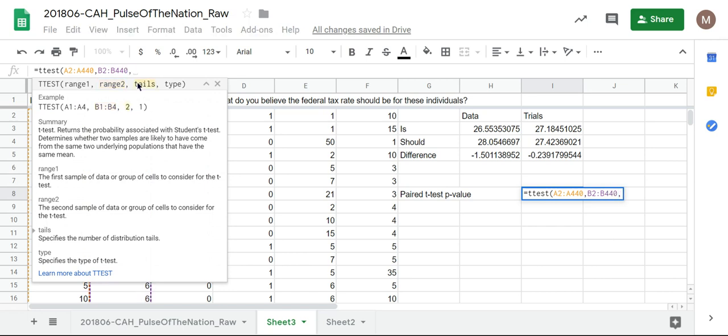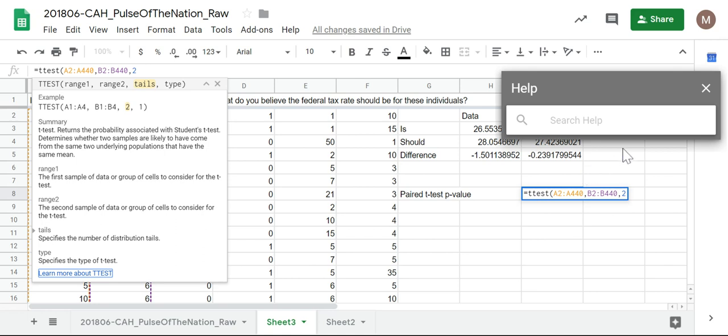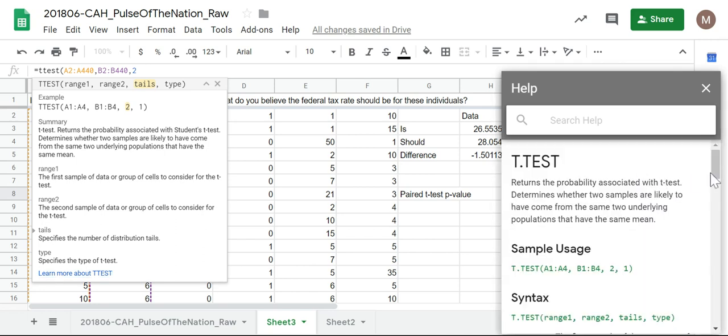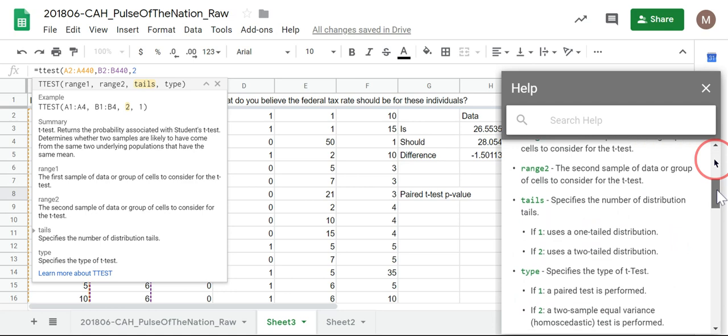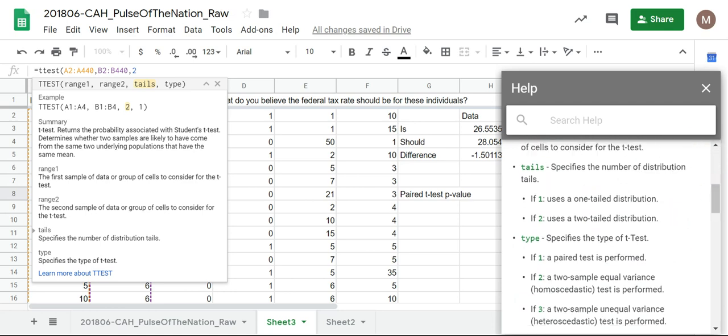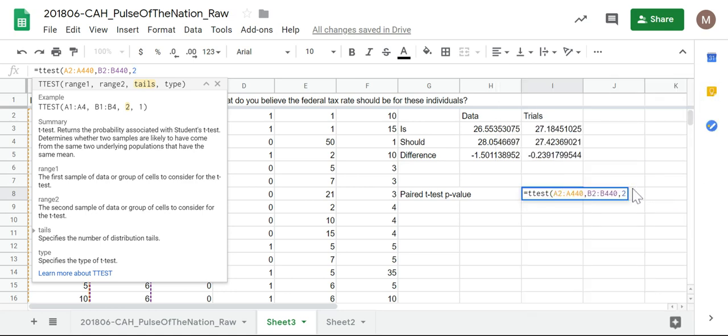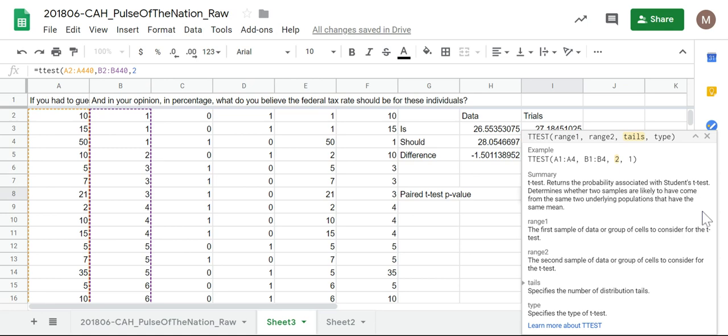As we always do, this will be a 2-tailed t-test. I'm going to type a 2. Then I have a choice of 3 different types, and if I forget which one is which, I just click on this here, and it reminds me that the paired samples t-test, where I'm assuming that each 2 numbers stay with the same person, I just maybe do or do not swap them. The paired samples t-test is type 1. It tells me that right here. So I'm going to type a 1 at the end there,